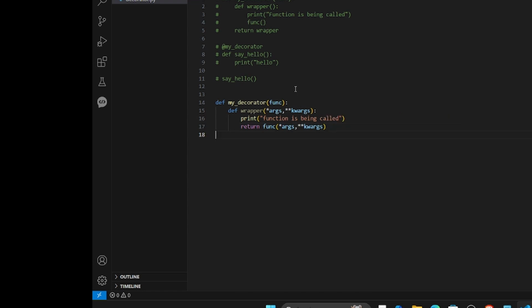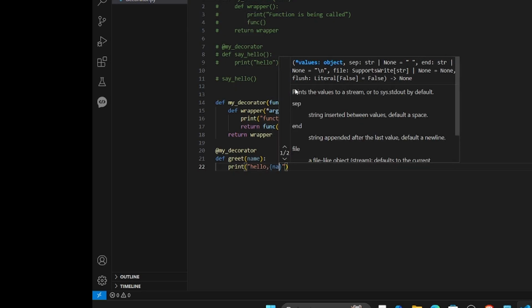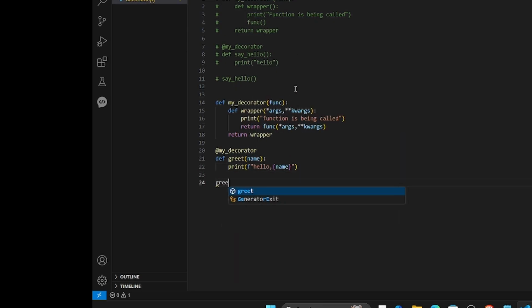What if your function has parameters? You can still use decorators. *args and **kwargs allow the decorator to work with any number of arguments. It prints before running greet("Nova"), which outputs